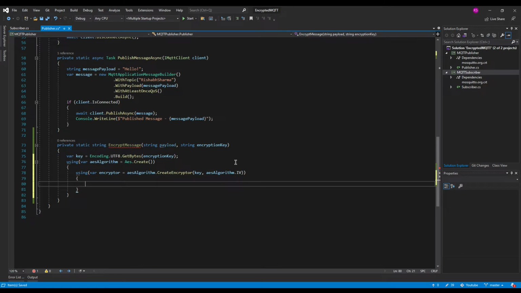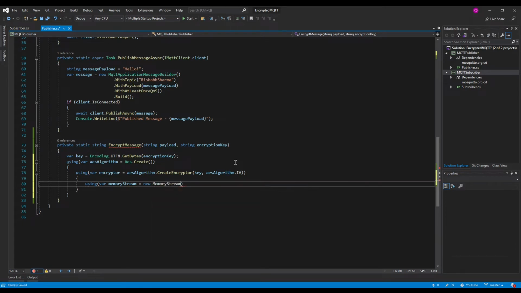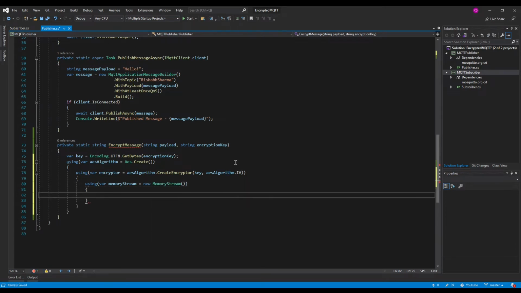Now that we have created an encryptor, we will create a memory stream. Once we have created the memory stream, we'll go ahead and create a crypto stream.